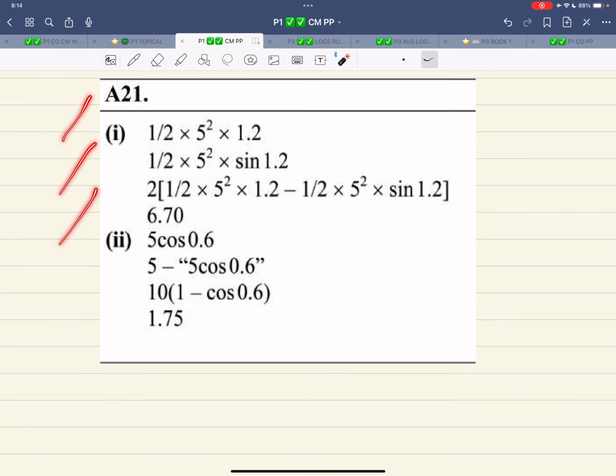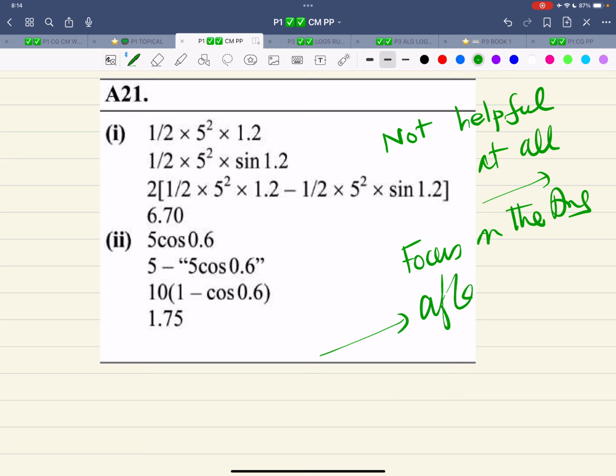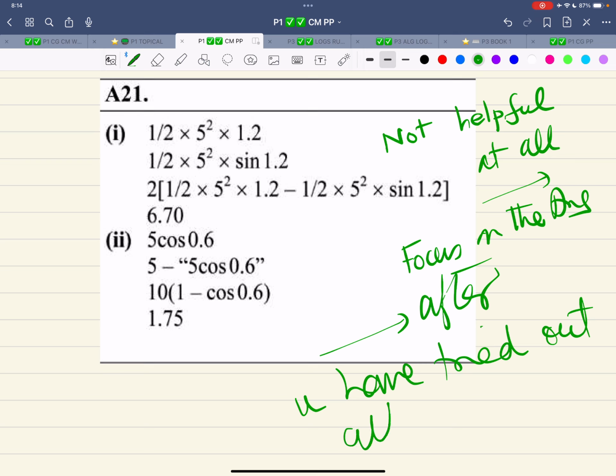Now look at this mark scheme. It's not helpful at all, because it's just giving you the answer. Only focus on the answer. And that also, after you have tried out everything, tried out all working, all possibilities, follow the steps that I'm telling you and